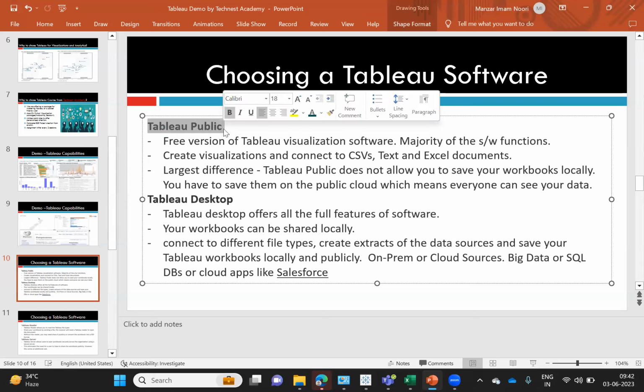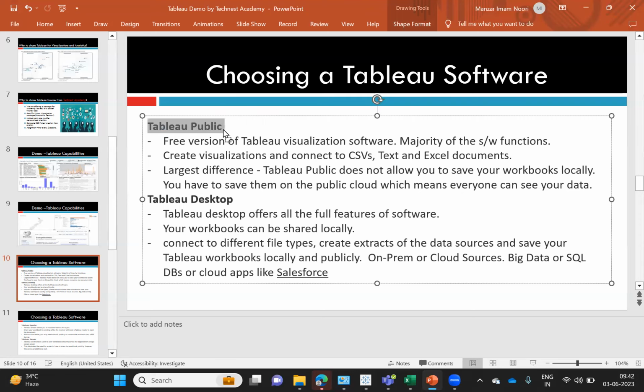In Tableau Public, you have some limitations, where you will not be able to save these visualizations to your desktop. Using Tableau Desktop, you will be able to save everywhere and have all the capabilities you get from the licensed versions.